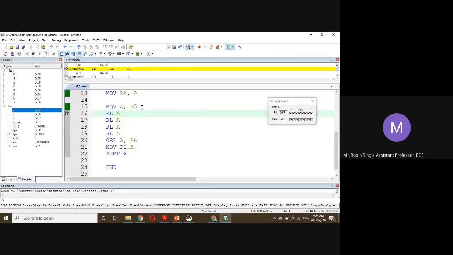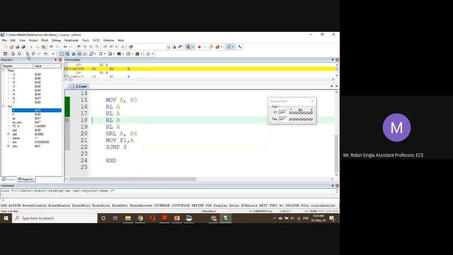Now we have 0 4 and 0 7, but we have to combine 4 0 with 0 7. So to make 0 4 into 4 0, we'll rotate it left 4 times. You just see here how the accumulator changes after each rotation. Now it is 0 4, now 0 8, now 1 0, now 2 0, now 4 0.